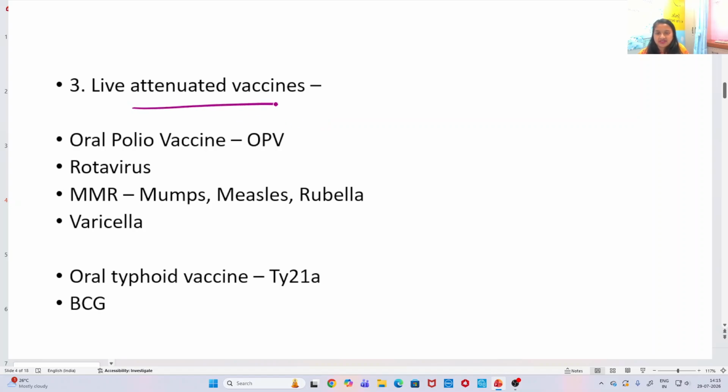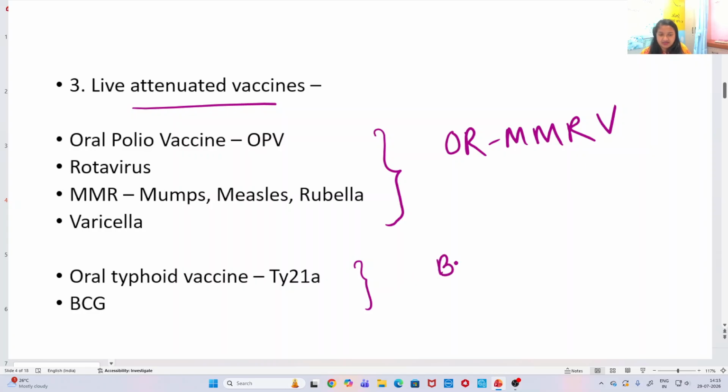Live attenuated vaccines: OPV, rotavirus, MMR and varicella, these are vaccines against viruses and these are live attenuated vaccines. So the mnemonic is ORMMRV, that is oral polio vaccine, rotavirus vaccine, MMR which is mumps, measles, rubella vaccine, and varicella. So ORMMRV is the live attenuated vaccines mnemonic, and the bacterial vaccines which are live attenuated are BCG and oral